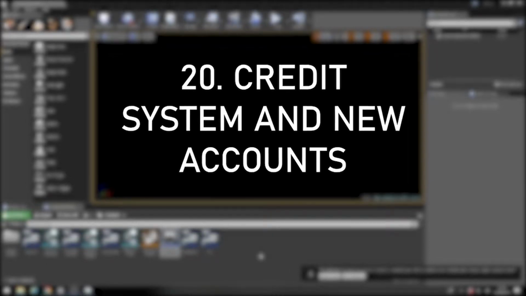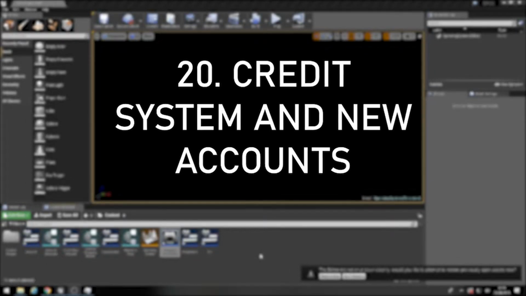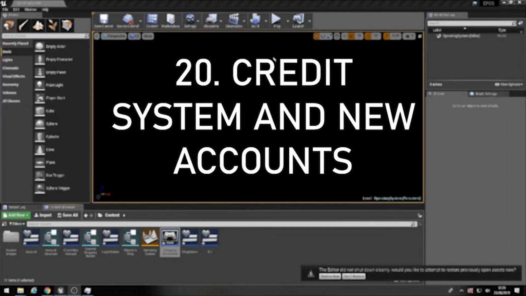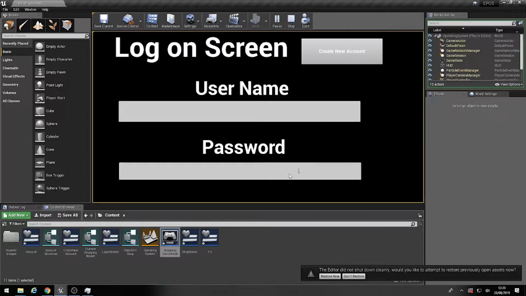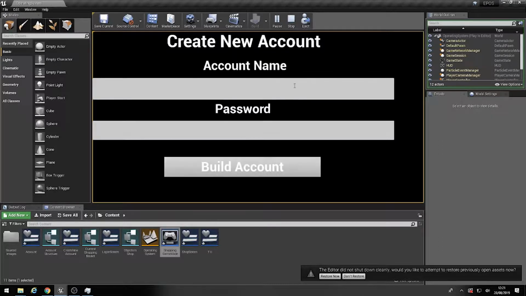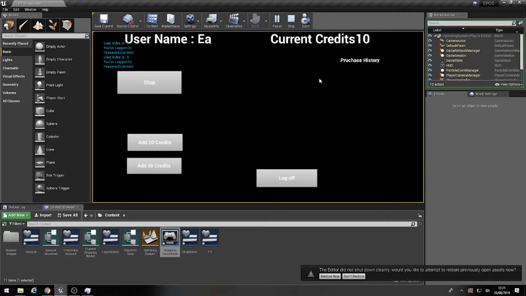Hi folks, so this is just a bit of a roundup because I basically went a bit too far with this engine. So what we now have is when you log in, it goes straight to a creator account or your standard username. So if I go to create an account now and make a name and a password for it and build said account,